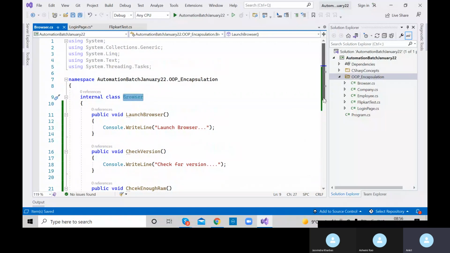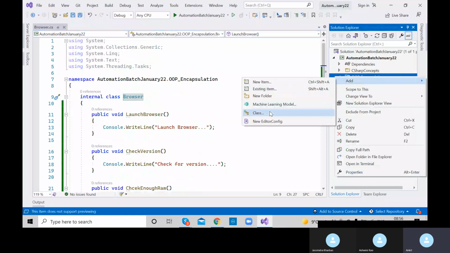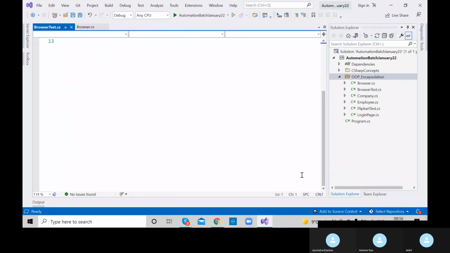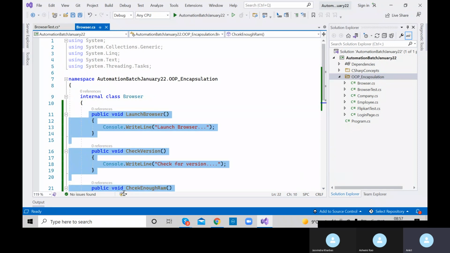The end user will use these from some different class, just like we are using the login from Flipkart. Similarly, I need to create one more class. Let me add a class, let us say it's BrowserTest. So we have the BrowserTest class where we need to launch the browser. If I need to call all those methods that I have defined inside the Browser class,